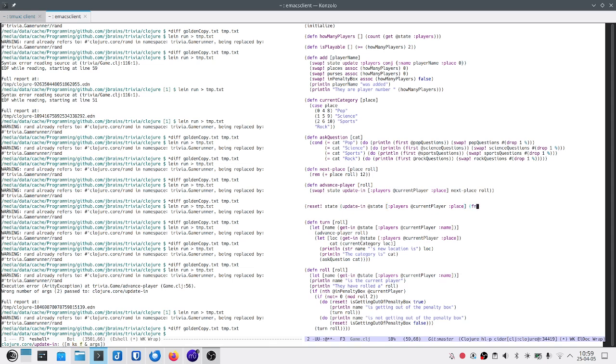And how we're going to do it, we're taking the old place and then we're running the next place function on old place with role. That would be, I think that's correct. Yes, that is this line here written out in full, if you wish.